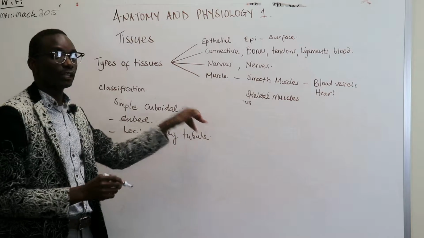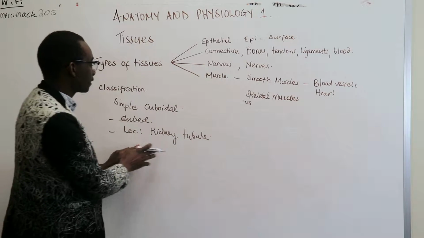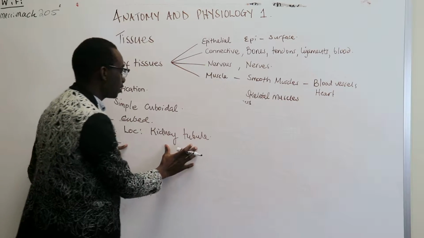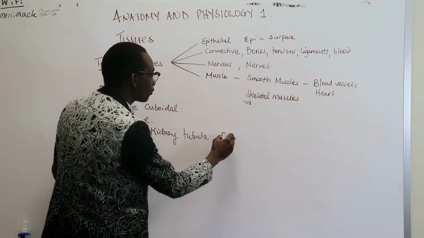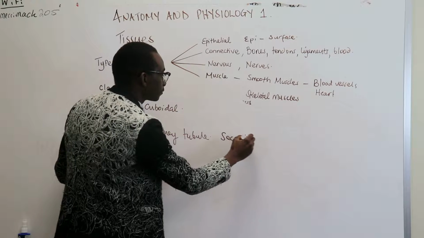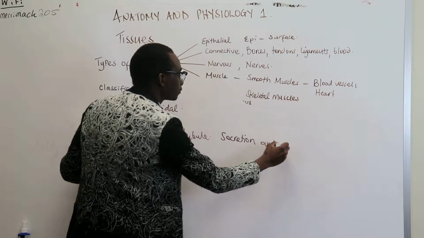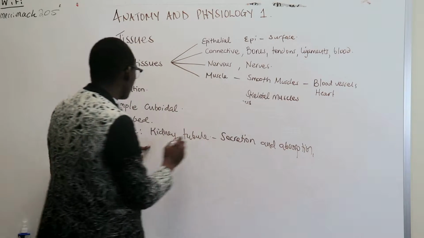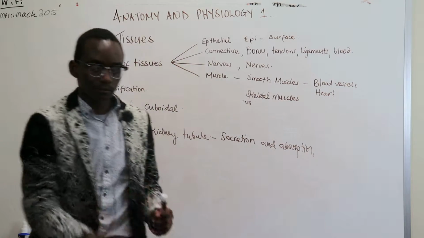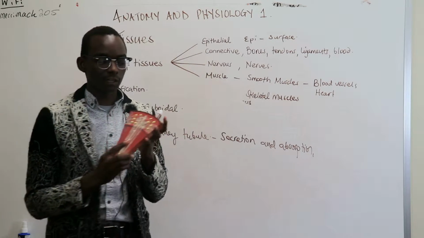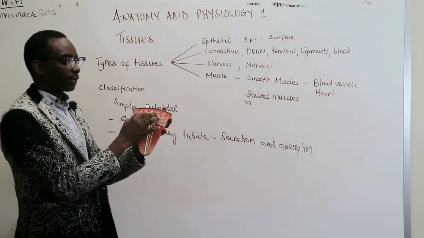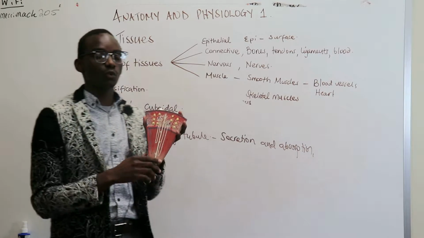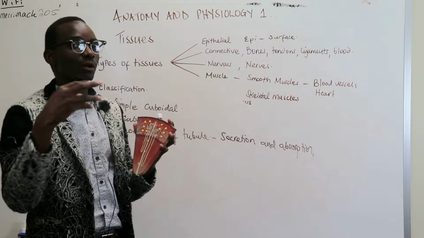So don't confuse simple cuboidal cells and the simple squamous cells with the ones we saw in the glomerulus. These are two different types of cells. These are located in the kidney tubules, and their function is for secretion and absorption. So these cells are located in the kidney. I have here a model of the kidney. So they are located within these nephrons, the nephrotubules, whereas the simple squamous we saw are found in the glomerulus